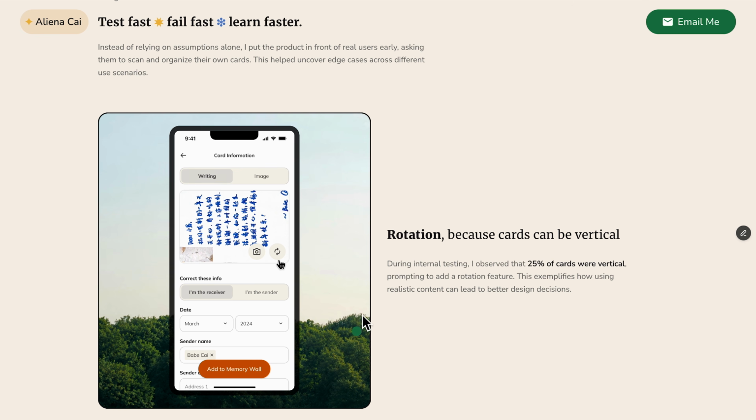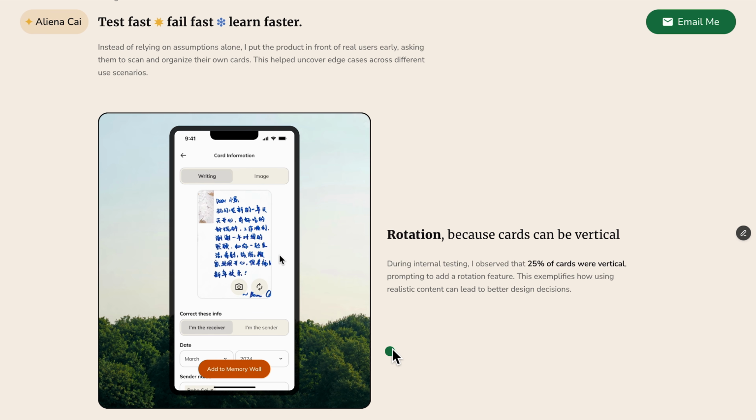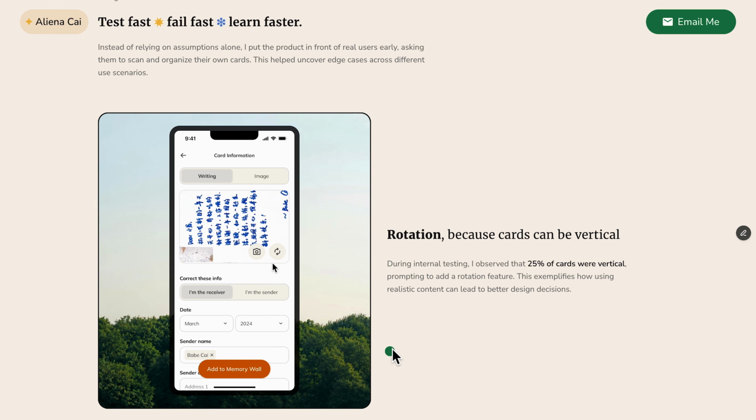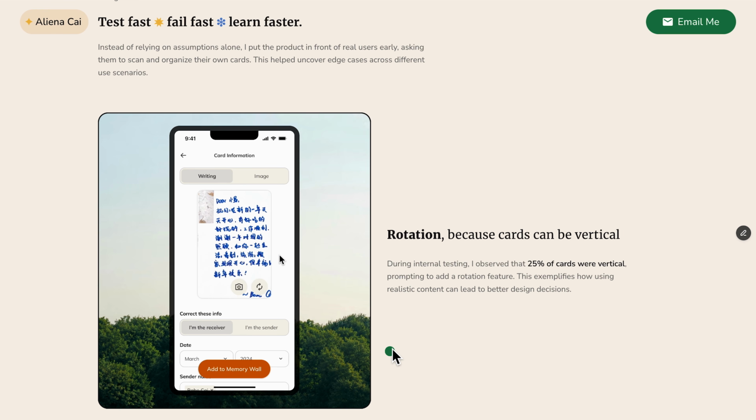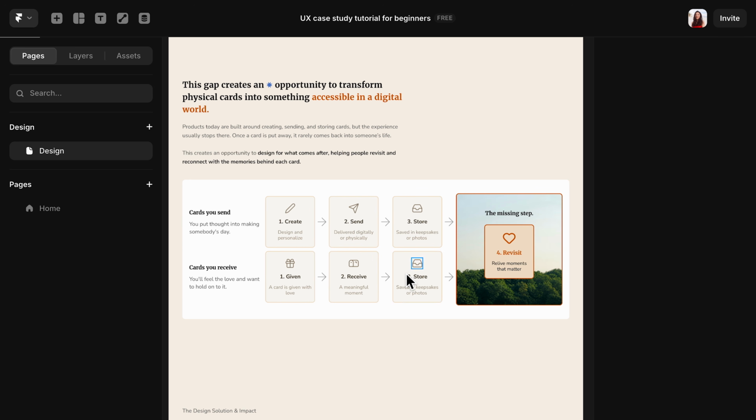You may also need to record prototype flows. Keep them short, and if I do screen recording, I like to keep it around just 5 seconds. So click, click, click, done. And you may also need to design charts and diagrams to demonstrate the problem, the solution, and your design process.